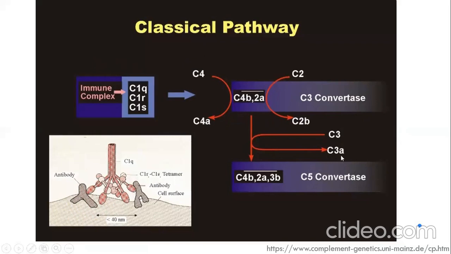Then it makes another fragment, C3b, that attaches to these previous two complexes and forms the C5 convertase enzyme. So you need to remember to write down these names, exactly which pathway is coming from what, what the C3 convertase is in the classical pathway, and what it is in the alternative pathway. Then you can easily write the cascade. How does this recognition happen? The first response comes from the complement protein C1,